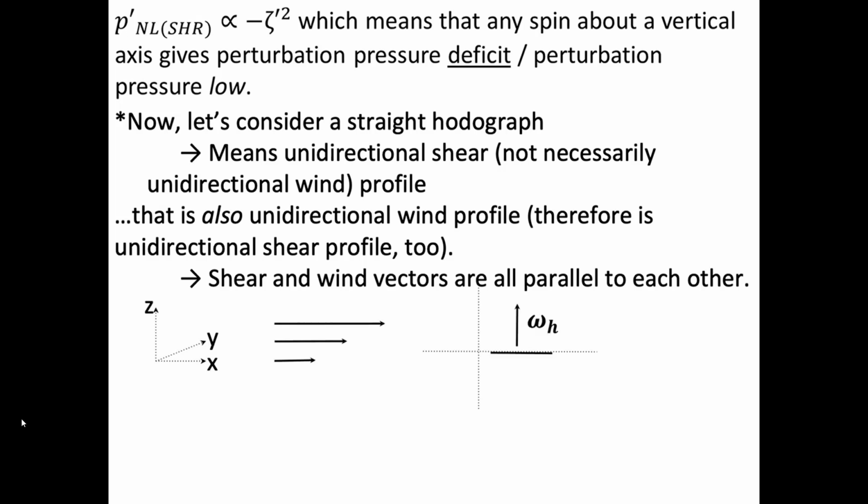So let's try to imagine this here. We have a westerly flow that increases with height above ground. We're looking off to the east along the x-axis. The y-axis, or south to north, is now going into the side here, and the z-axis is going up. What I'm sketching here is, at the origin, our westerly winds increasing with height above ground. We know from the right-hand rule, and even confirming our now understanding of how we can derive the horizontal vorticity from the hodograph,